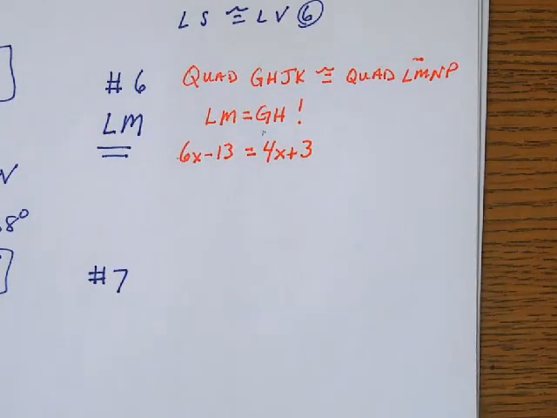Since I know LM is equal to GH, I can set up an equation. What's the length of LM? Look at the picture. 6x minus 13. What's the length of GH? Look at the picture. 4x plus 3. So I can substitute